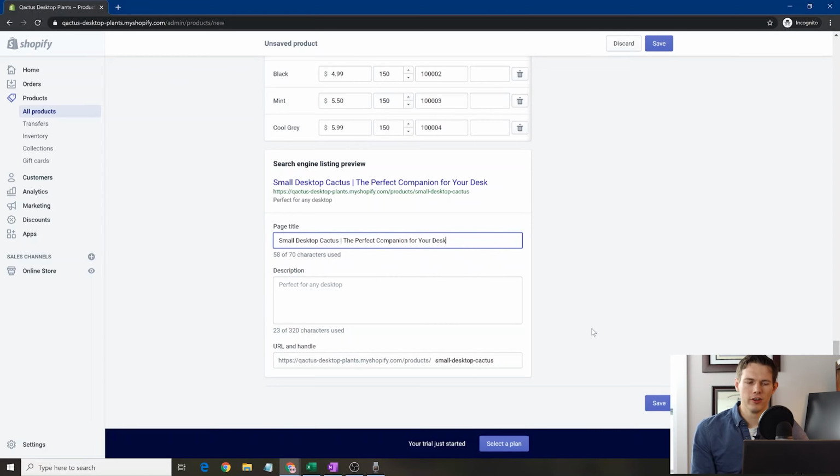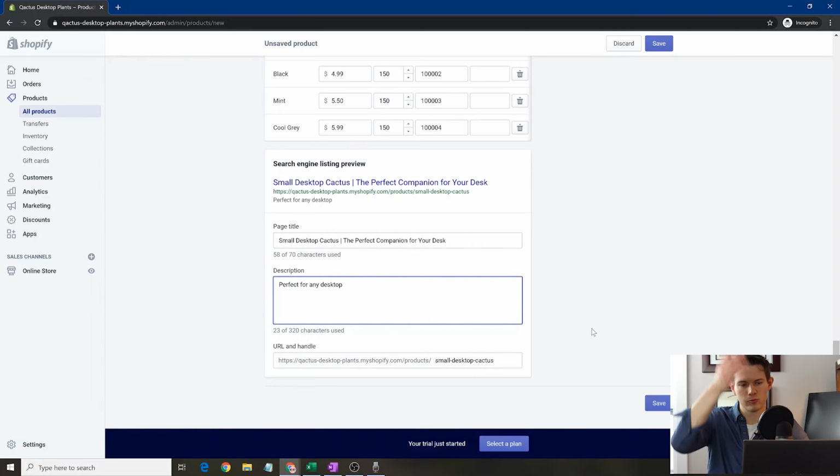The perfect companion for your desk or something. And then down here, we have a small description, and this is going to be below it. Obviously, you don't want it to be such a small, what is that, 4 words right there. You want to fill this out a little bit with something that people are going to be actually looking for. Don't really worry about flooding it with keywords that much, but don't add a bunch of fluff in there. So definitely have some keywords, have things that make sense, but you want it to be a nice descriptive sentence